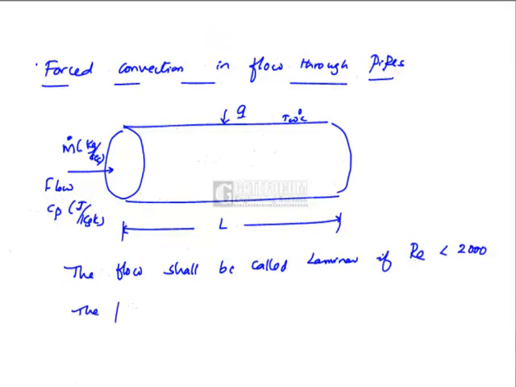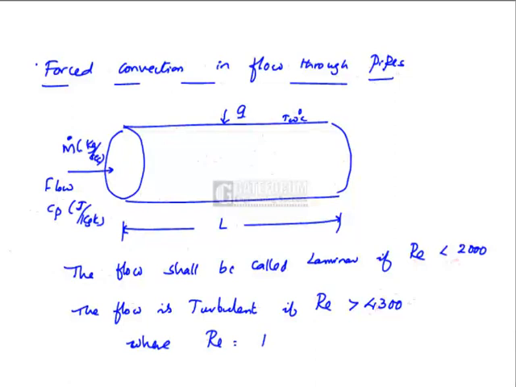The flow is turbulent if Reynolds number is greater than 4300. So this 2000 is called lower critical Reynolds number. 4300 is also known as upper critical Reynolds number, where